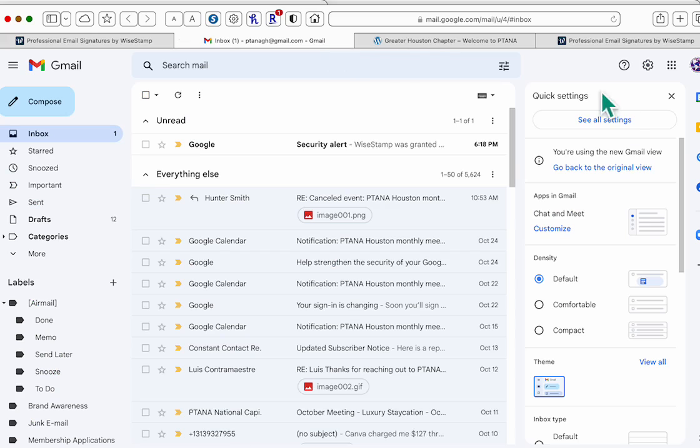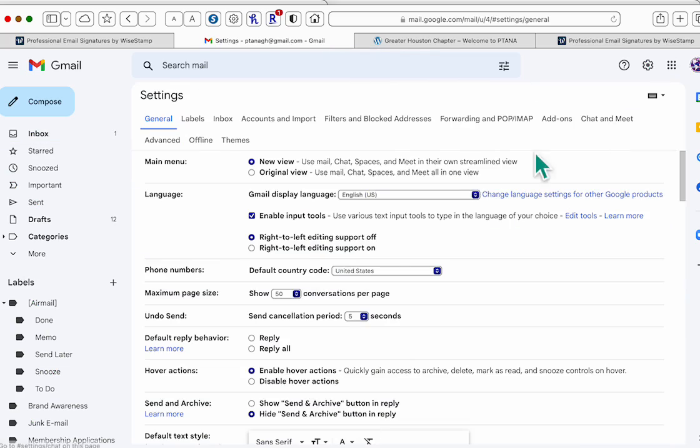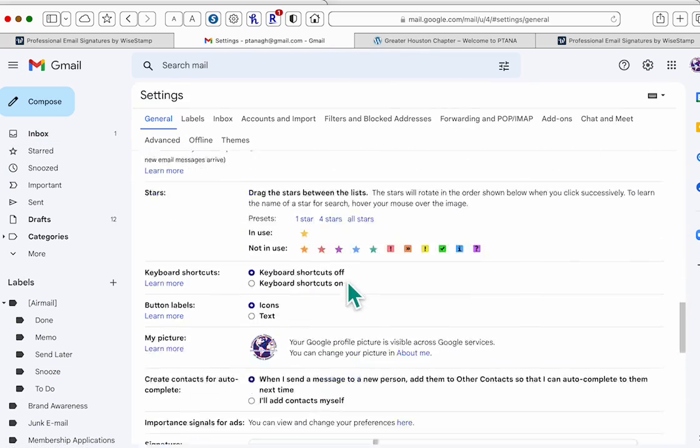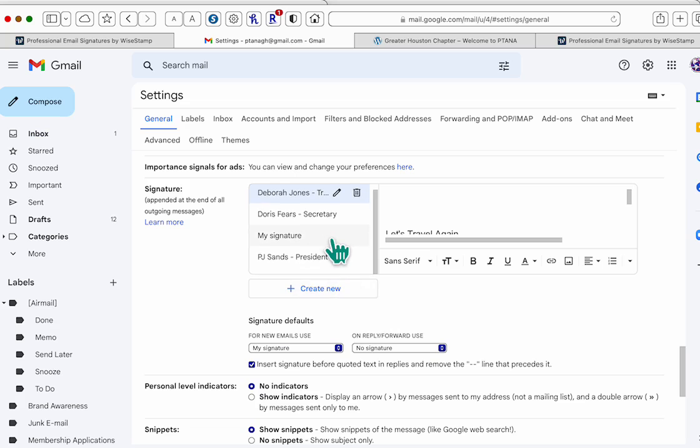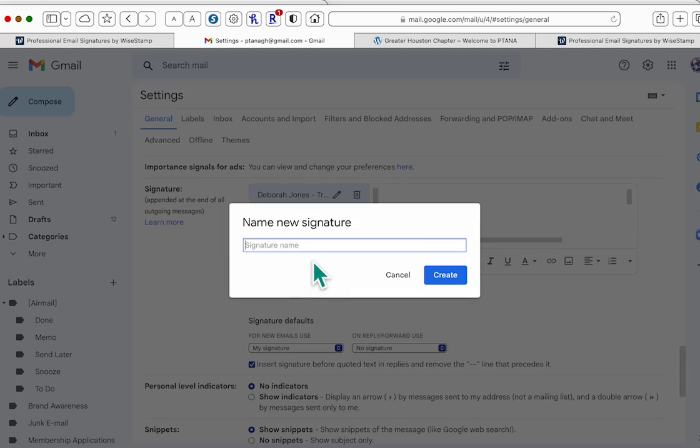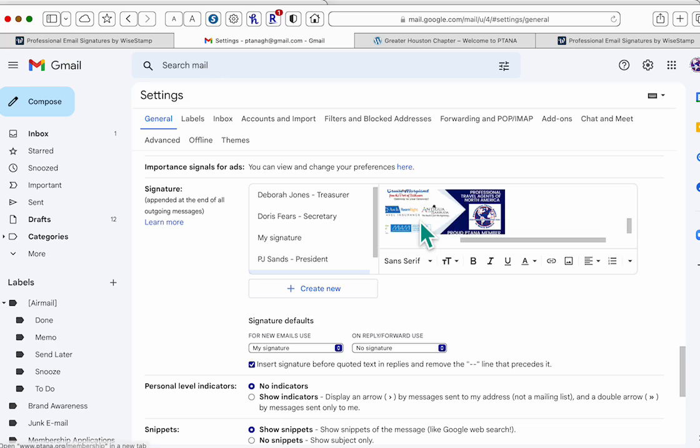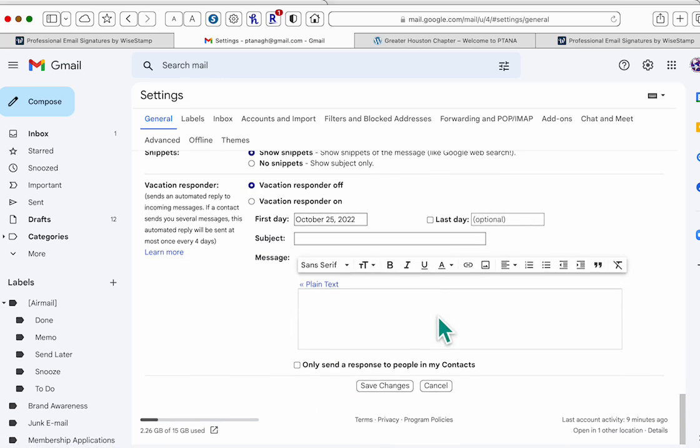You're going to go into your email settings. You're going to hit on your cogwheel. And when you're in your cogwheel, you're going to see all settings. You're going to go there, go all the way down to your email signatures. You're going to create a new signature. You're going to name it your PTANA signature from WiseStamp, so you know that's what it is. And then you're going to copy and paste it into the box. There, you now have your signature. You want to make sure you go down to the bottom